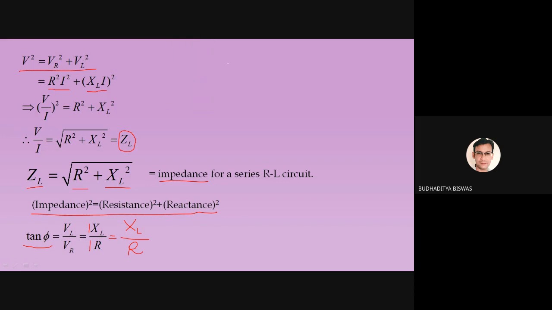So XL equals how much? XL equals omega into L. Omega means 2 pi F, so XL is 2 pi F into L. You know the value of 2, you know the value of pi, and you know the frequency; in India, it is 50 hertz. L is obviously given in the question. The unit of inductance is Henry. Using this, you can find the value of XL. So XL by R is the value of tan theta.